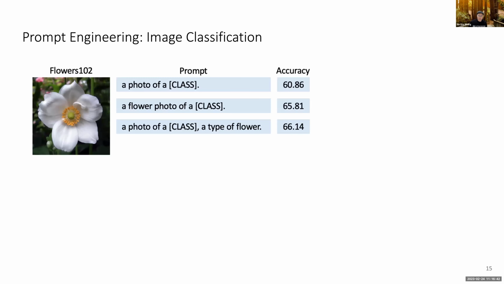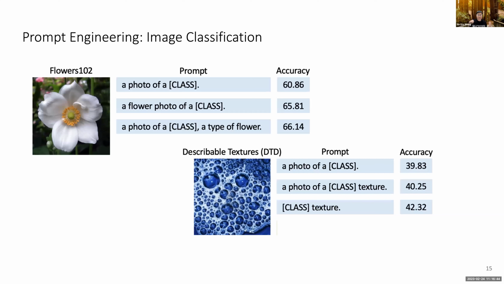Okay, so you may have already heard of prompt engineering. Prompt engineering is a very efficient way to adapt those foundation models to downstream tasks, right? You can easily form a text prompt and then use this text prompt to calculate its similarity with the input image and determine which is the best match for the image, right? And